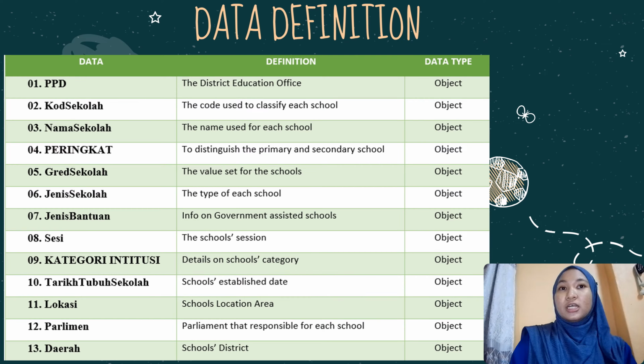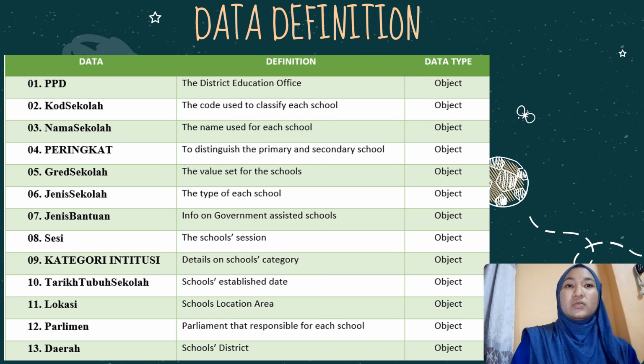Nama sekolah, the name used for each school. Peringkat, to distinguish the primary and secondary school. Grade sekolah, the value set for the schools. Jenis sekolah, the type of each school. Jenis bantuan, info on government assisted schools. Sesi, the school session. Kategori institusi,